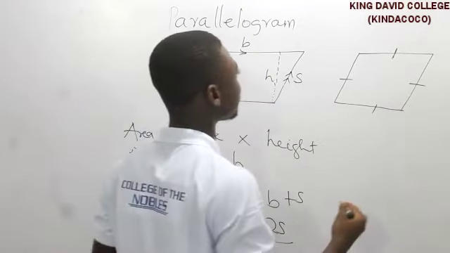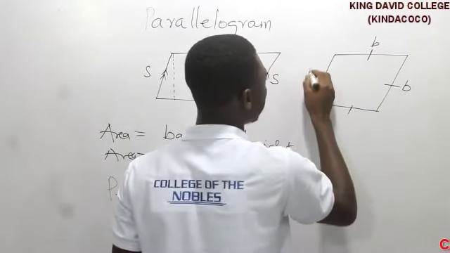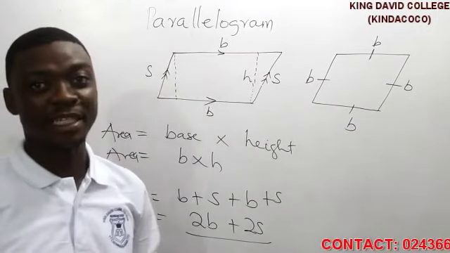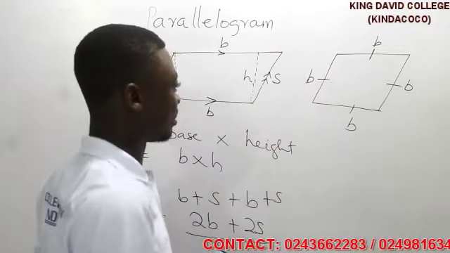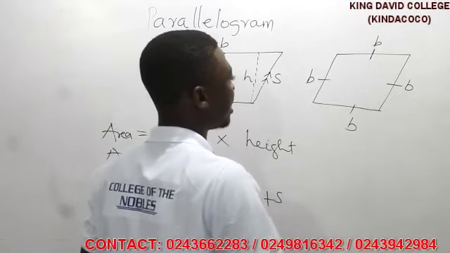So with these two, you could then say this is the base, this is the base, this is the base, and then this is the base. So you have base, base, base, base everywhere, right? And they are all parallel with each other. Okay. So if you want to find the